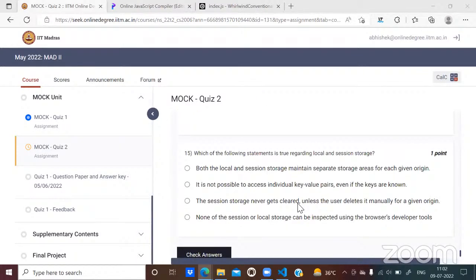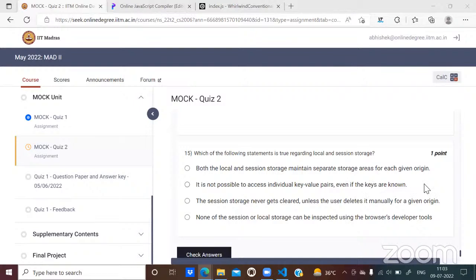We need to find out the true statements regarding local and session storage. Both local and session storage maintain separate storage areas for each given origin. Is this correct? Yes, sir, this is correct. It is not possible to access individual key value pairs even if the keys are known.